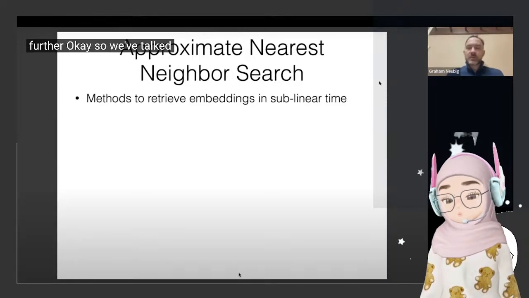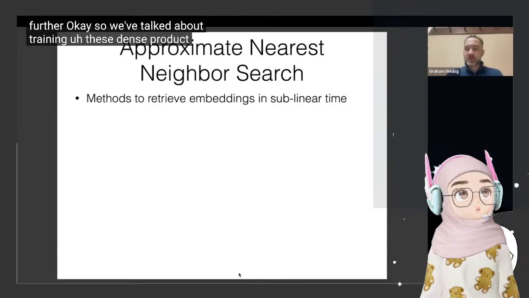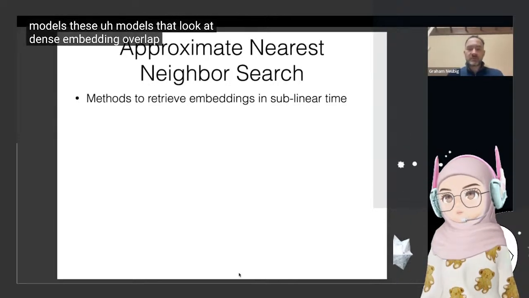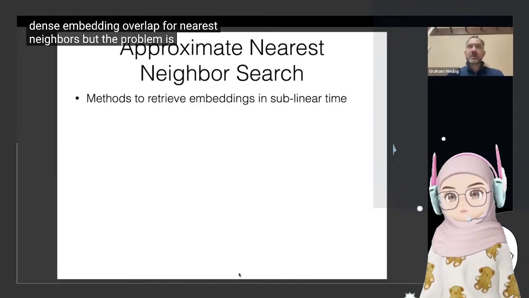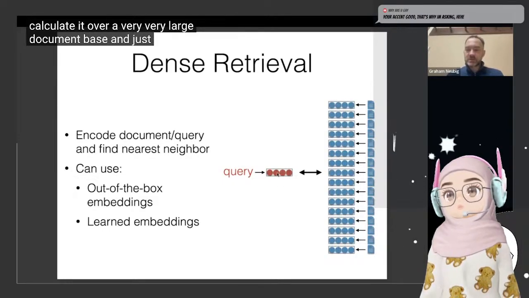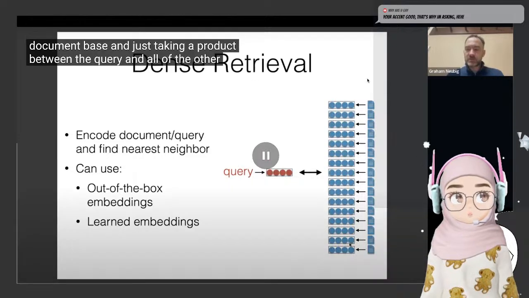Okay, so we've talked about training these dense product models, these models that look at dense embedding overlap for nearest neighbors. But the problem is, in order to calculate this, you would need to calculate it over a very, very large document base. And just taking a product between the query and all of the other